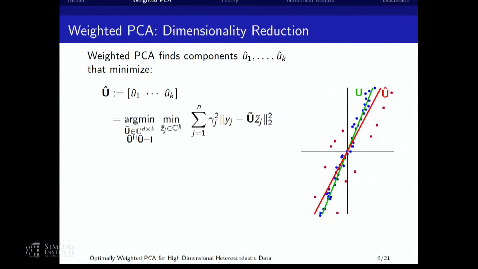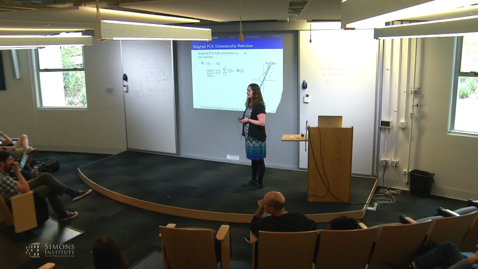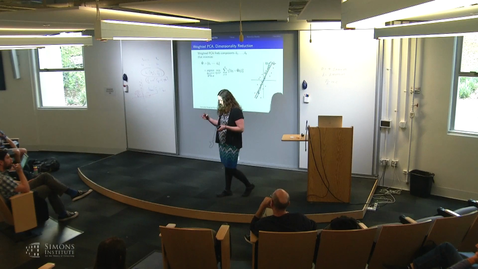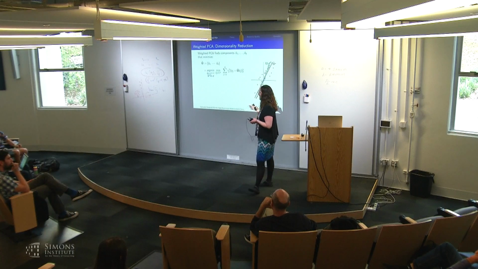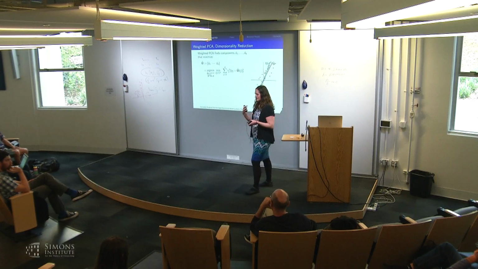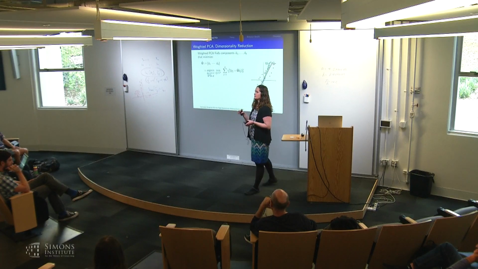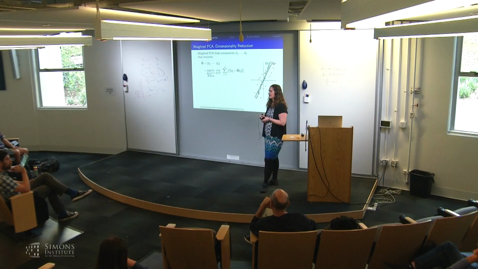So when we're weighting PCA, in this case, oh, yes? A lot of times people will just divide their columns by the variance, just to make it all homoscedastic. I take it that's throwing away information and it's not optimal, or what's... No, that's an excellent question. I'm going to actually talk quite a bit about that strategy compared to what we find as the optimal strategy. The question was if we just divide every column by, or multiply by 1 over the noise variance, then we have some kind of whitening, and we could use that. I'll talk about that quite a bit.